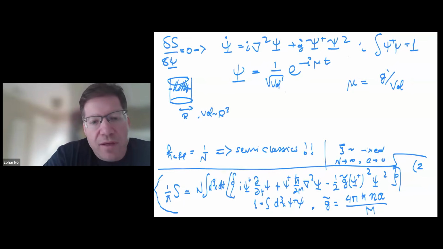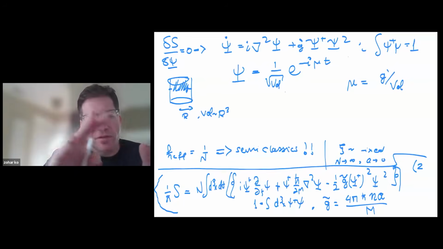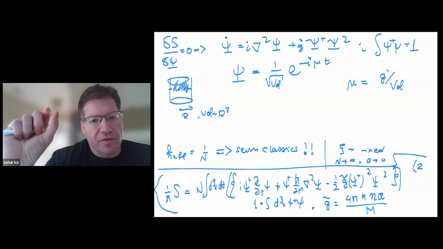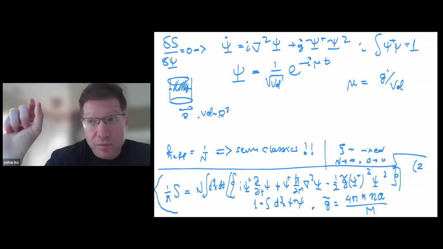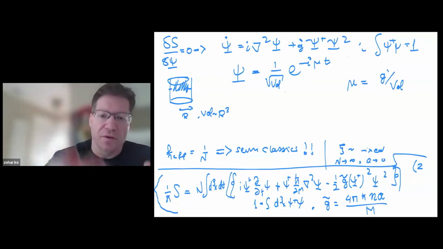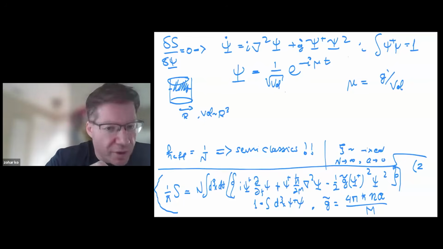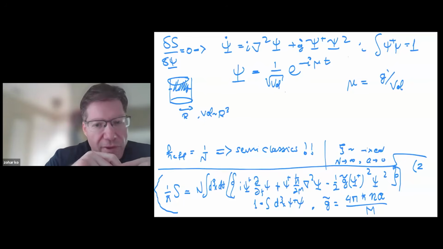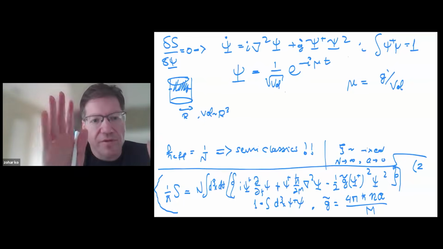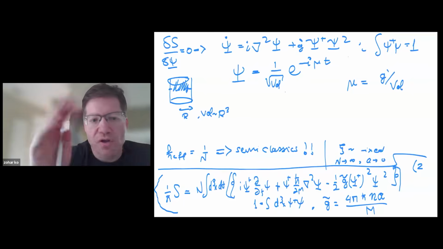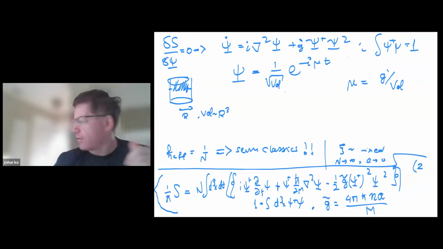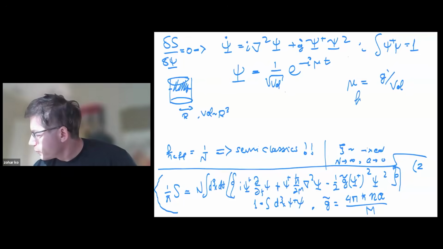And also, you can make an argument, if you want to try at home, that it actually modifies the solution only very close to the sphere, to the boundary of the ball. So more or less everywhere in the bulk, that would be the correct solution of the nonlinear equation. Okay, so this is the simplest solution. It describes a homogeneous dilute gas.